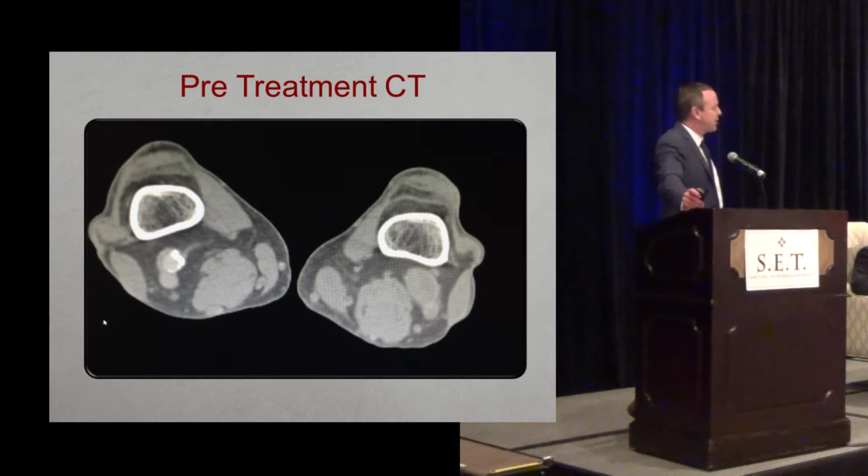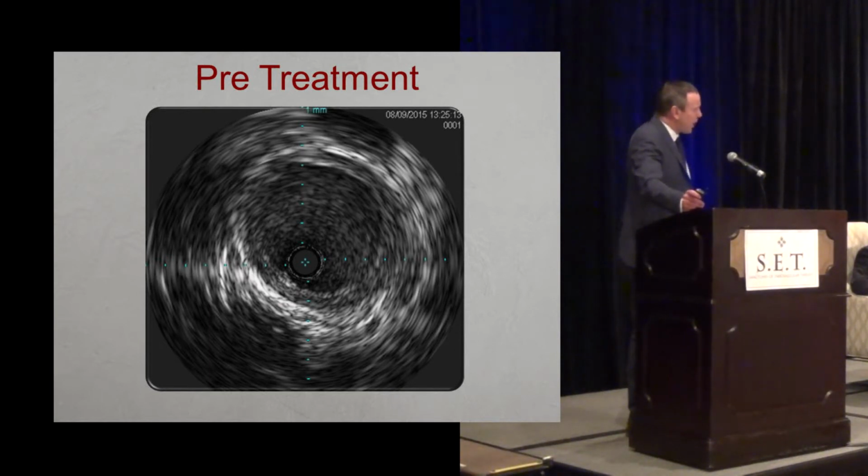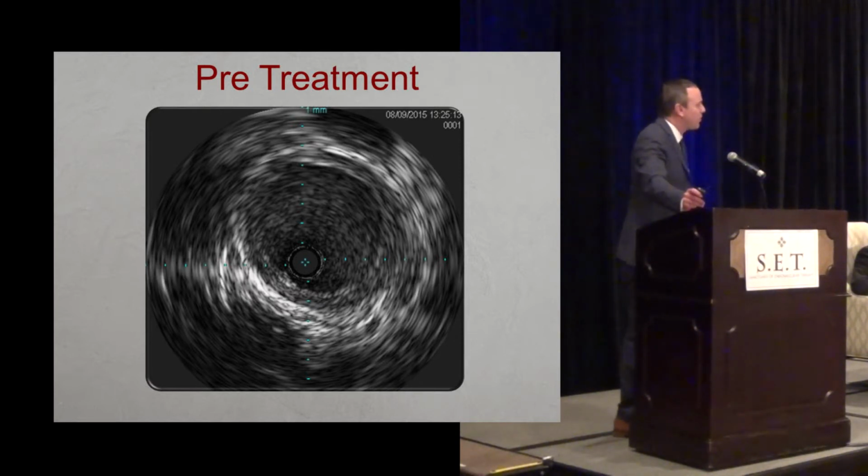So here you can see here, pre-treatment is the cutoff of the popliteal, not much in the way of collateral flow. You can see the distal runoff is quite stagnant and not much getting down to the foot. So here we actually went up through the lesion, crossed all that thrombus with a glide catheter, then actually took the Cat 8, and what you can see here is we actually created a channel through that thrombosed segment, then